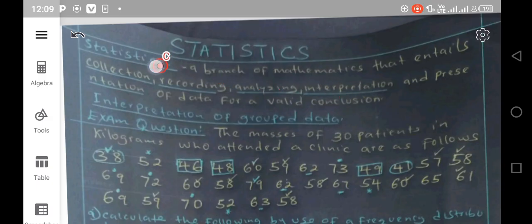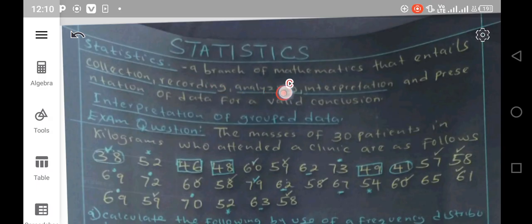For example, you can go to a hospital, you find the number of patients who attended that particular day. They can record their mass. Maybe there can be 100 patients, can be 50 patients, as far as it is concerned. Now, let's have what we call the collection. For example, you've gone to a field as those patients come to that particular hospital. You can have the collection of their data. The data we need to collect can be the weight or the mass of these patients. So we can have a collection and then we record in a tabular form.